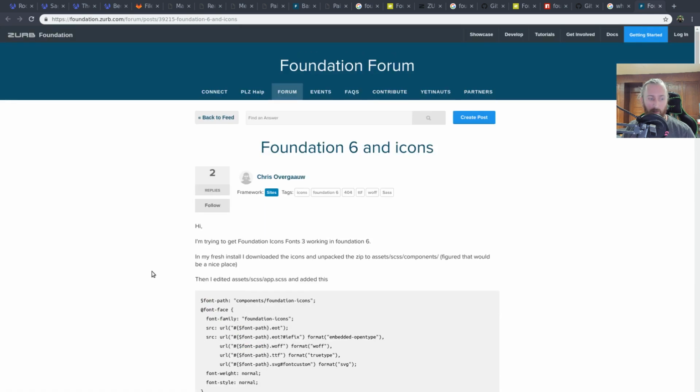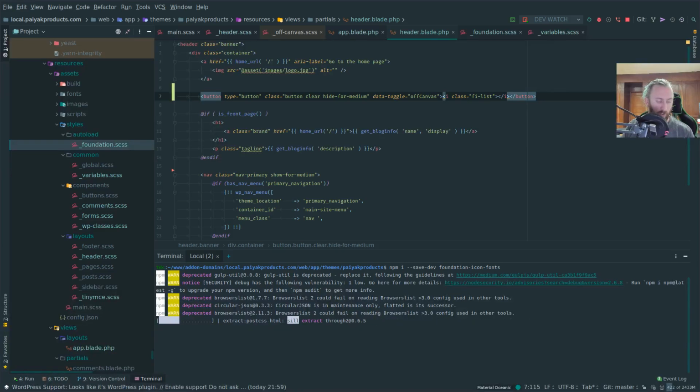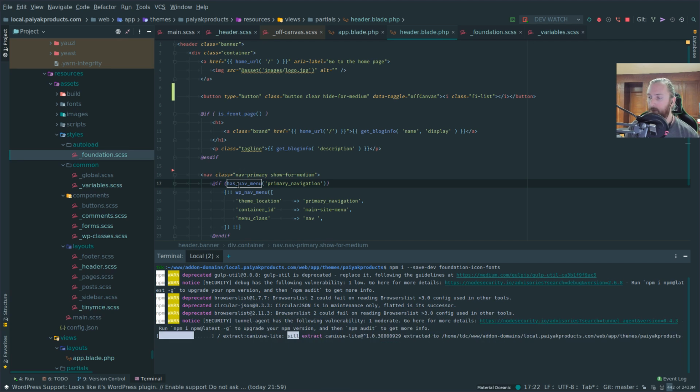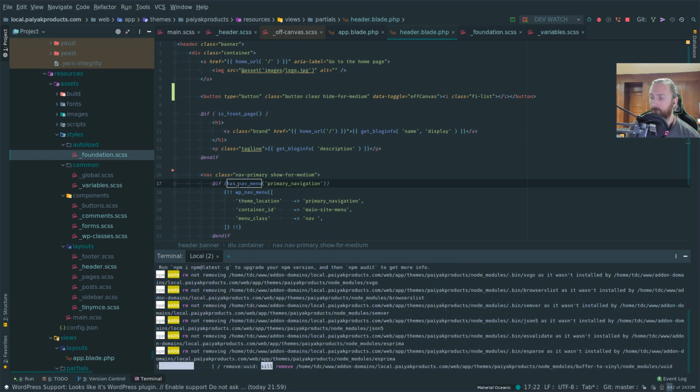Next lecture and blah blah blah. Okay. I feel like installing from npm should be better, but I could be wrong. We'll see. Maybe I should have used yarn. Supposedly it's faster. Maybe I should have just